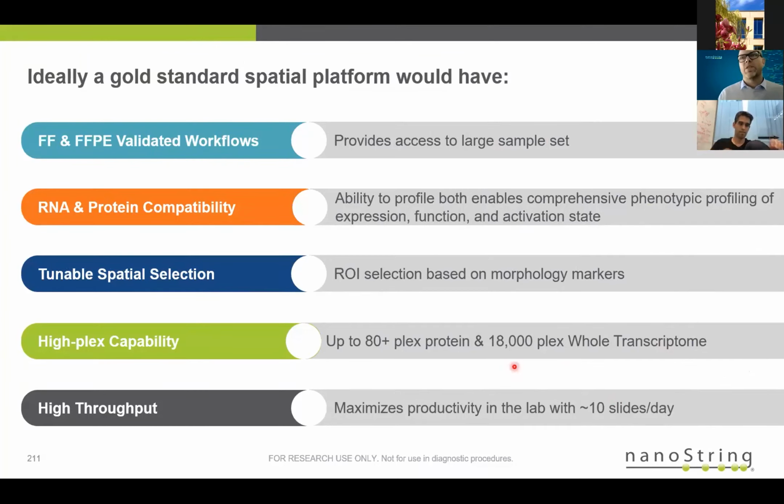And of course, the plexing, 18,000 genes for RNA whole transcriptome for that discovery work. And then if you want to translate that into protein, we can do 80,